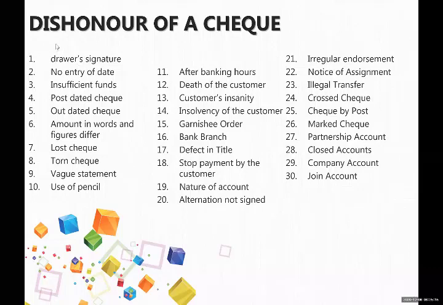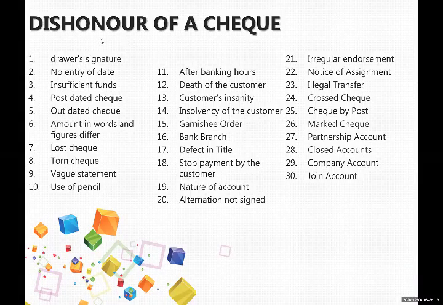We already discussed the meaning of dishonoring of a check. Dishonoring means these are the reasons, the causes why the bank is not encashing your check, why the bank refuses to make a payment of a check. So from 1 to 30, these 30 reasons are written in your book. The first could be a reason of drawer